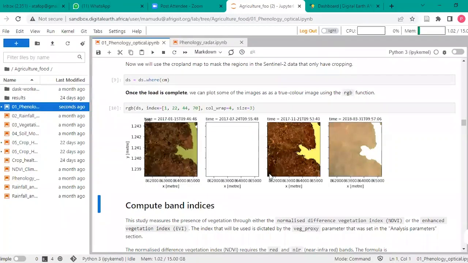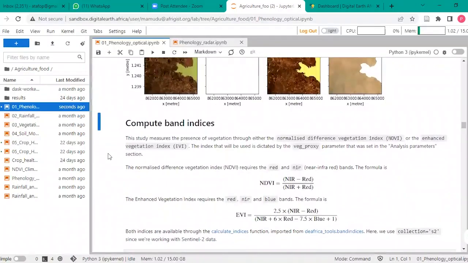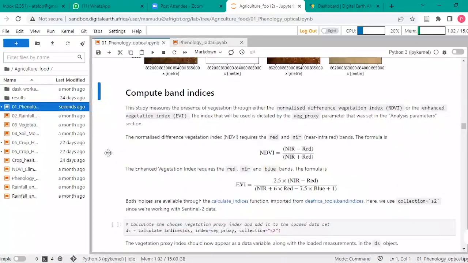Now we have been able to bring in our Sentinel-2 data sets as well as the crop mask and use that to mask out all the extent of area in all the images we want to work with. Now, the next thing we need to do is to compute the vegetation indices. And like I said, we are going to be making use of NDVI. You could use the